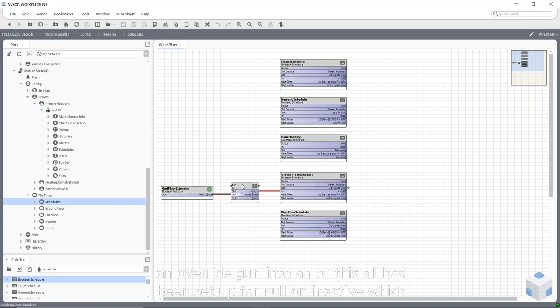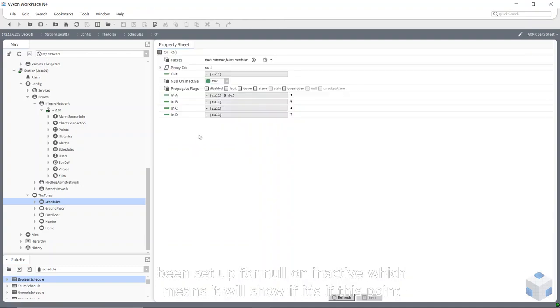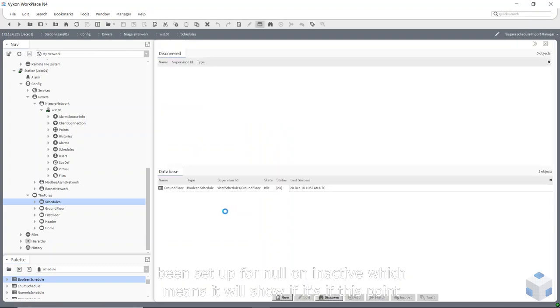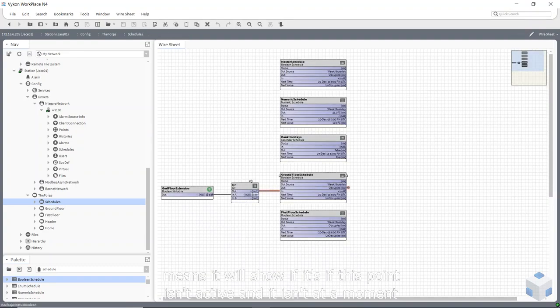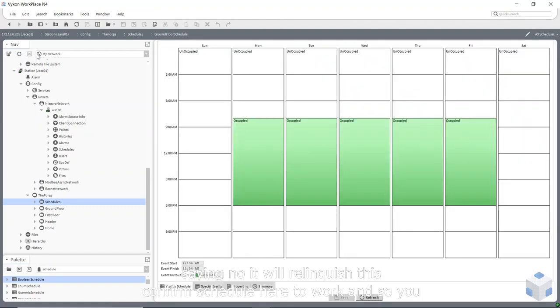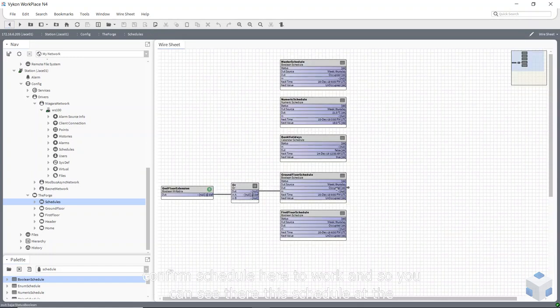This OR has been set up for null on inactive, which means if this point isn't active, and it isn't at the moment, it's saying null, it will relinquish this schedule here to work. And so you can see there, this schedule at the moment is using the outsource weekday Thursday, and it's occupied. When I link mark my schedule, which I've just link marked from my Niagara network here,